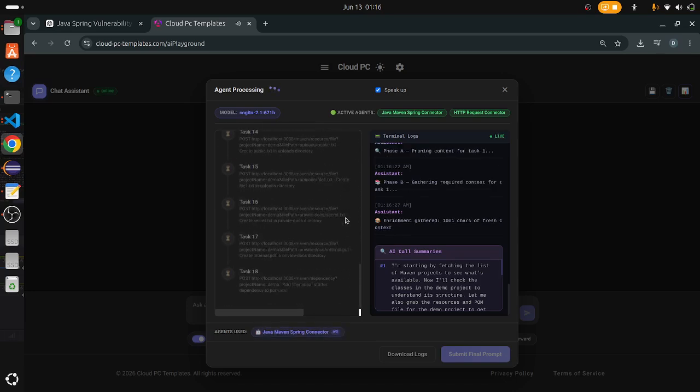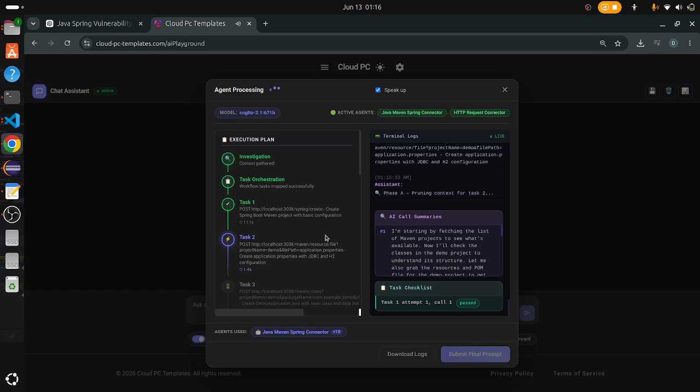Let me first check if the API server is healthy before proceeding with the other calls. Now I'm creating a new Spring Boot project with basic configuration including group and artifact IDs, package name, and application